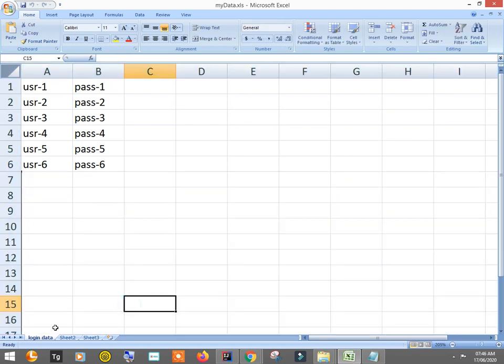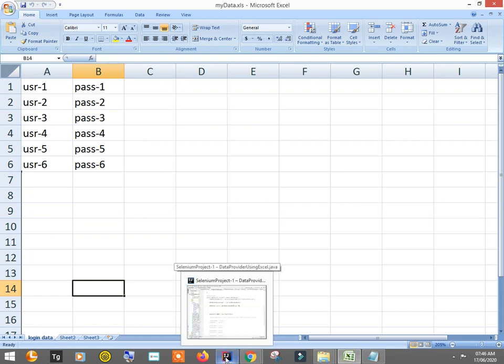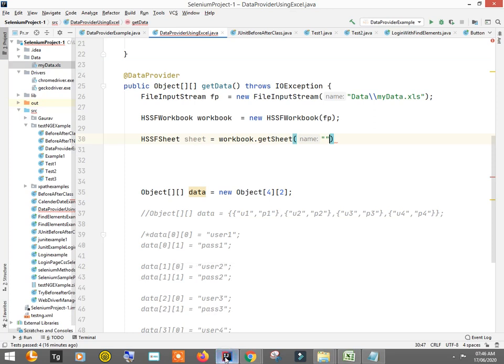I have a question. If you have something in sheet one and there's another data that you have in sheet two that you need to also put there, can you put them both in the code in IntelliJ? Yes, we can, but we need to write the code separately for that. If you are willing to pick up the data from sheet 1, here I am giving the name that I just gave to sheet 1. I renamed it, login data, here it is.